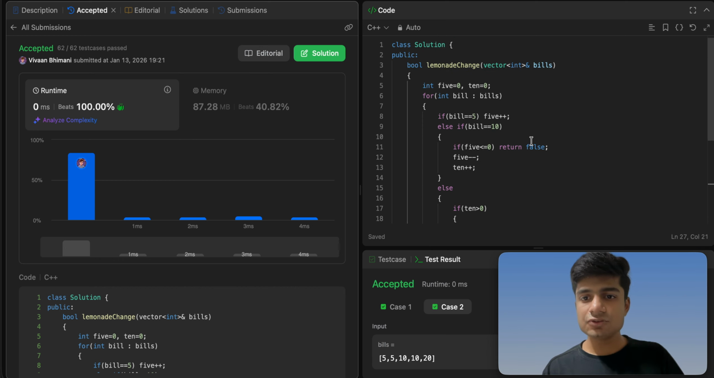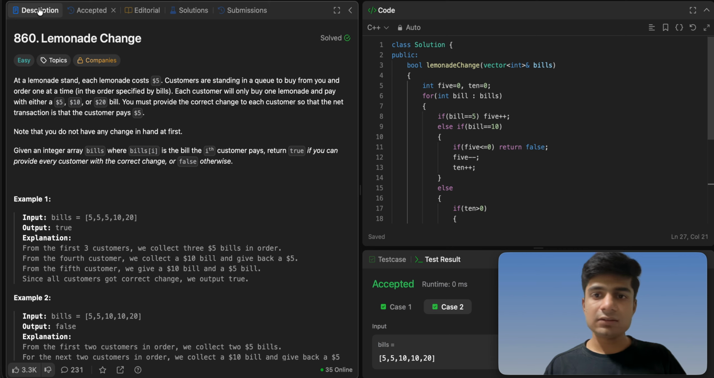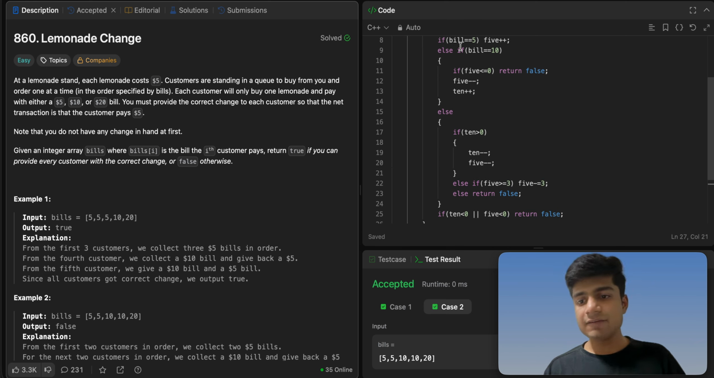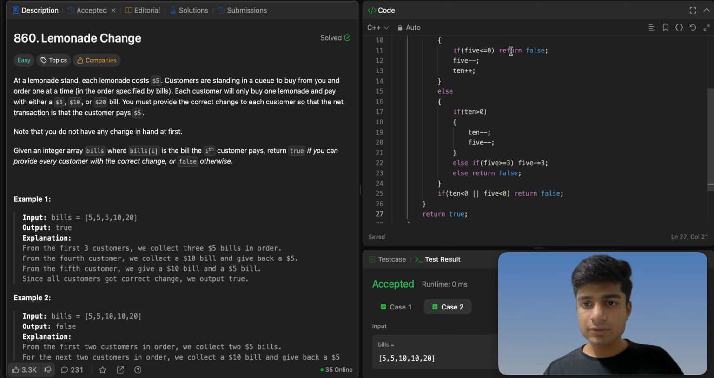This is an easy solution rather, using a for loop. We'll recap through it. So we've defined 5 and 10 as our start point because it is mentioned that you don't have anything in the start. We go through a for loop, a range based loop, to iterate through the bills array or vector, and then we take cases for 5. If it's 5, nothing, just take it and happily go. If it is 10, we need to give one 5 and take the 10 note and the lemonade, obviously. So if 5 is less than or equal to 0, then we cannot give a 5, and so we return false